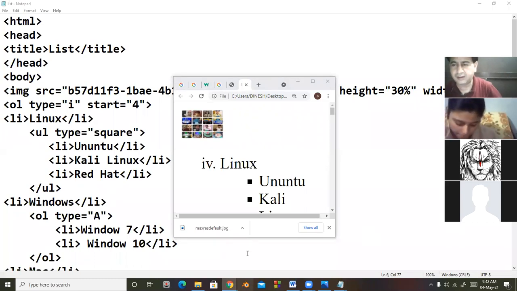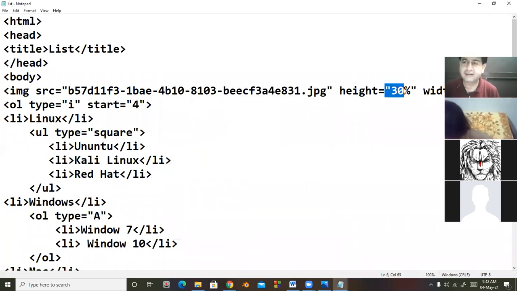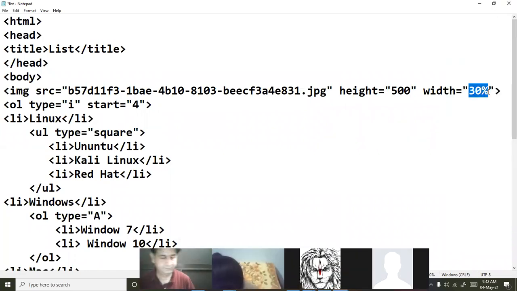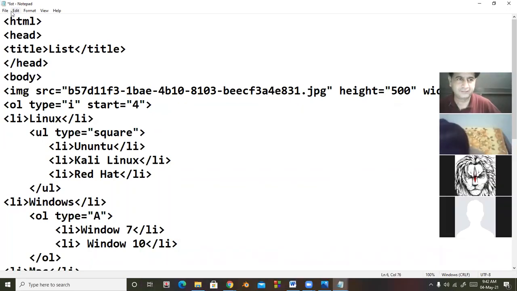If we want to fix the image size, take it in pixels. In case you want to make it fixed, in that case, take it in pixels. So now it is fixed size in pixels, I am saving this.